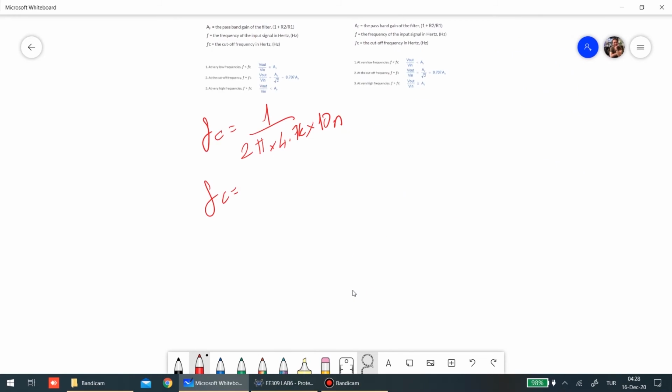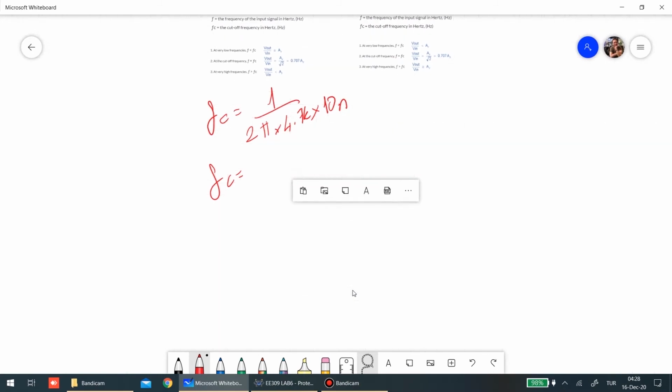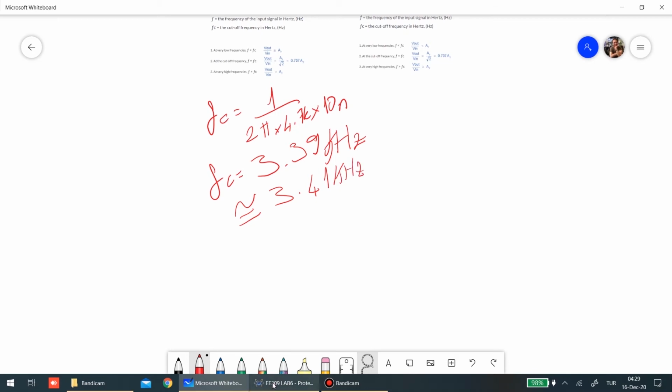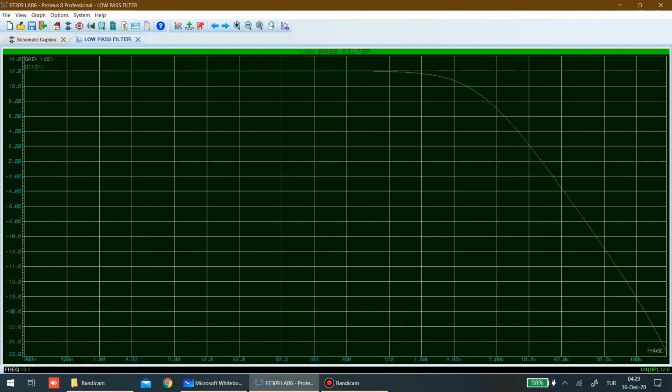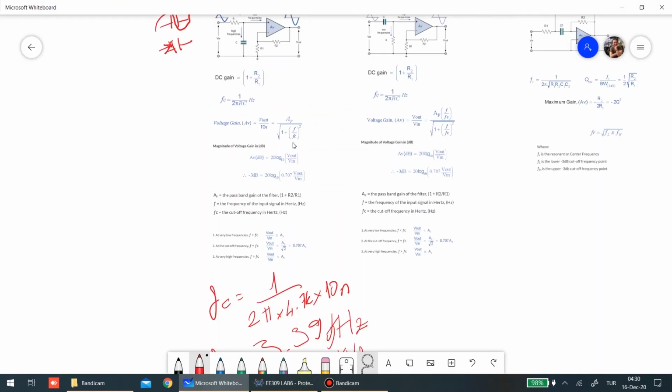And this is 39 kilohertz, which is approximately 3.41 kilohertz. Okay, now what about the voltage gain